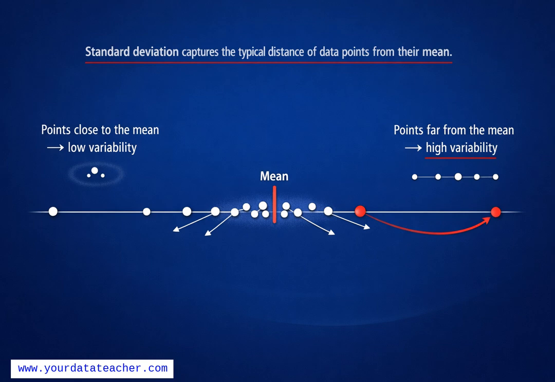If most of the arrows are short, the points stay close to the mean. In that case, the standard deviation is small, and the dataset has low variability. If many arrows are long, the points are often far from the mean. Then the standard deviation is large, and the dataset has high variability. So conceptually, you can think of standard deviation as: how far on average do my data points tend to sit